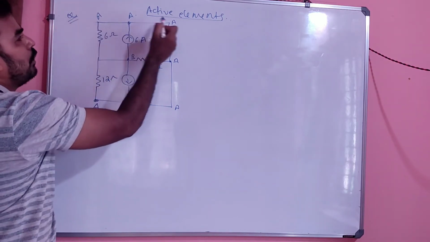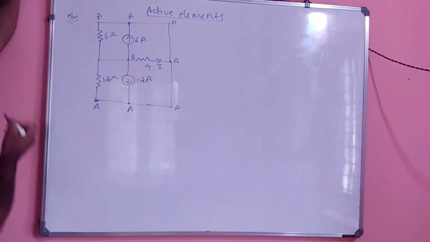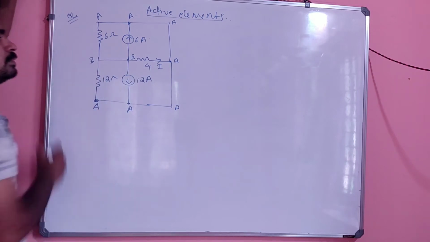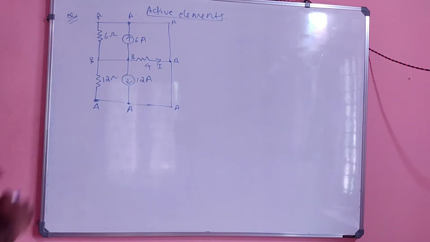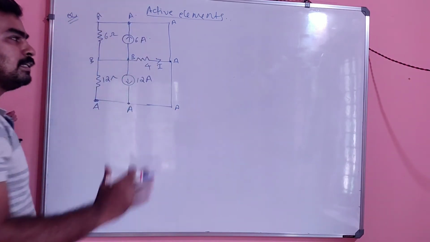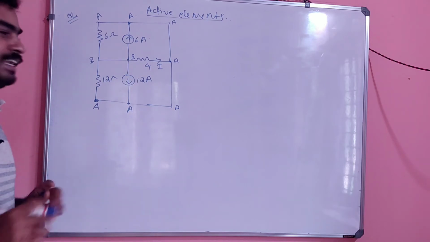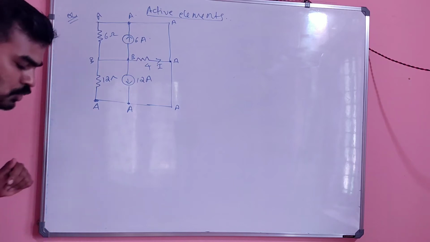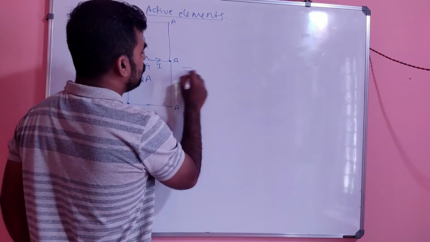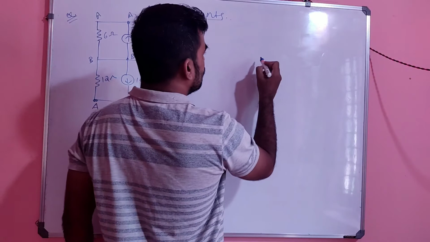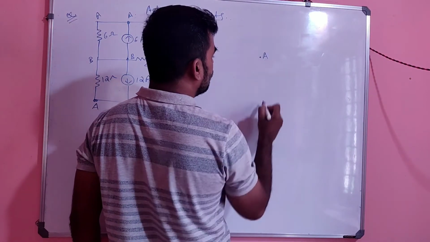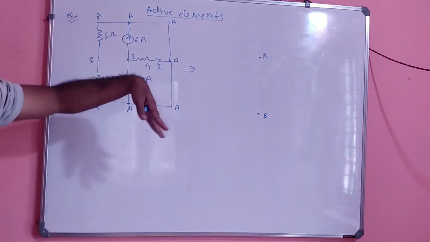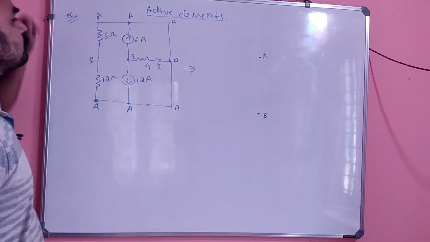So this point up to here it is A. And let's check what this is: B. Here also B. So in the whole figure, there are only 2 points actually, A and B. There is nothing else, right? So we can simplify the figure like this. I simply mark a point A here and a point B here. And let's show in between this point A and B.